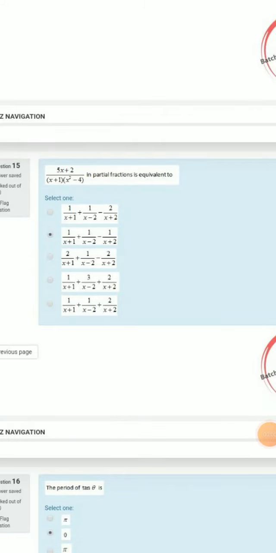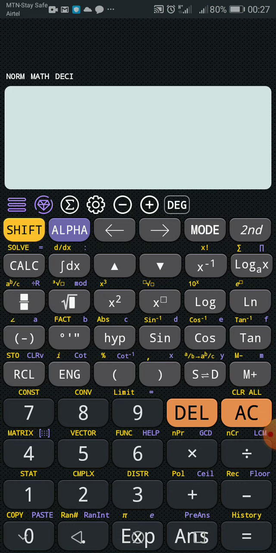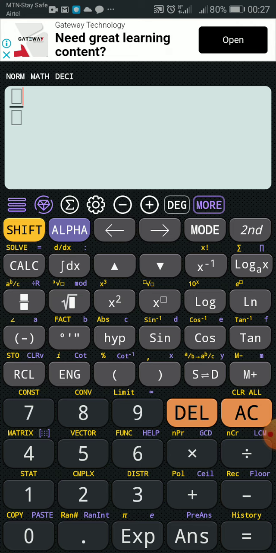I decided to continue what I was showing you guys. Okay, so we are asked to resolve this into partial fractions. Now, the first thing I do is write out that fraction. So we have the fraction, 5x